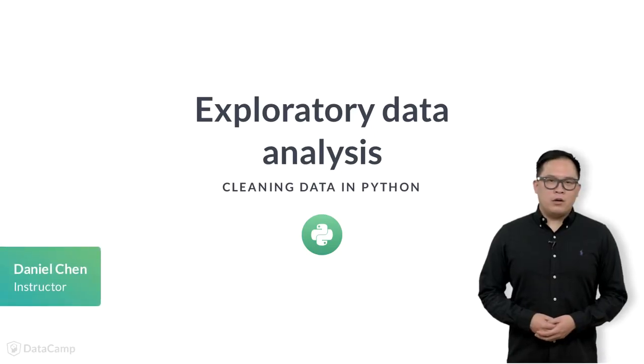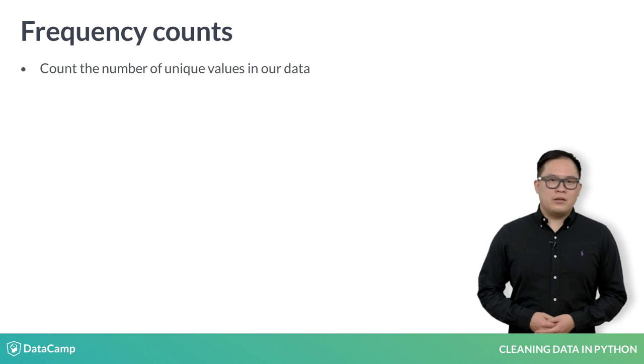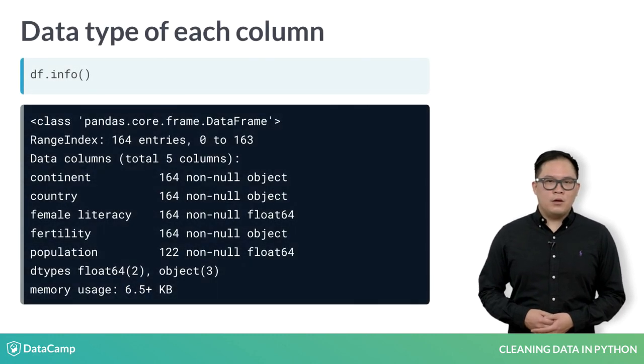In this video, I will show you how we can use exploratory data analysis to help identify data that need further investigation. The most basic analysis we can do is count the unique values in our data. We can use the info method to get the data type of each column. Here, I will show you the frequency counts for the non-numeric continent, country, and fertility columns, and the numeric population